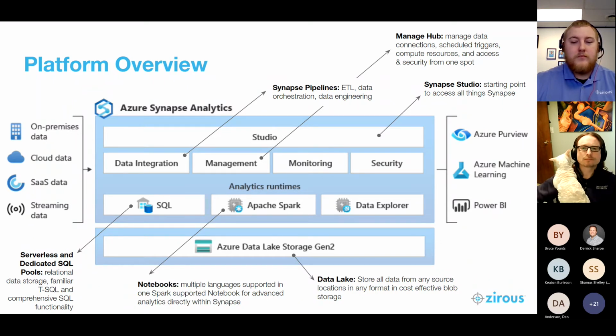In addition to the other components that we've talked about within the Azure Synapse tool and then Studio, there are other tools that are tightly integrated, such as Azure Machine Learning, Power BI, and a new tool recently introduced called Azure Purview. And Azure Purview is a unified data governance solution that helps manage metadata from across many sources, and it can help identify and monitor your sensitive data and understand your data lineage from where the data is coming from. This is, like I said, a new tool that just became generally available on September 28th of 2021.